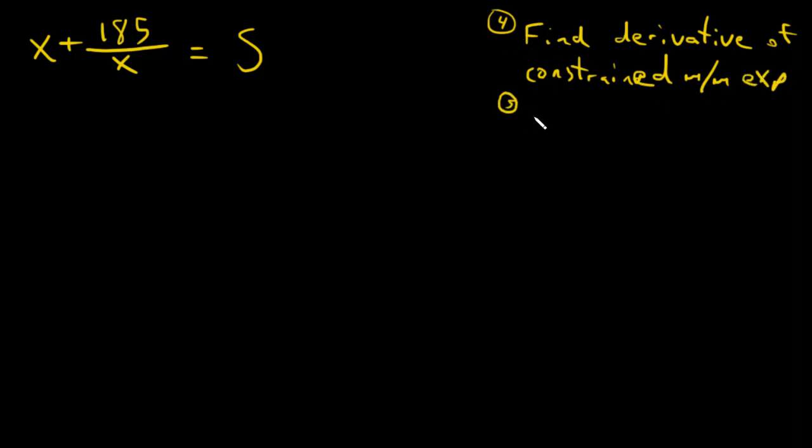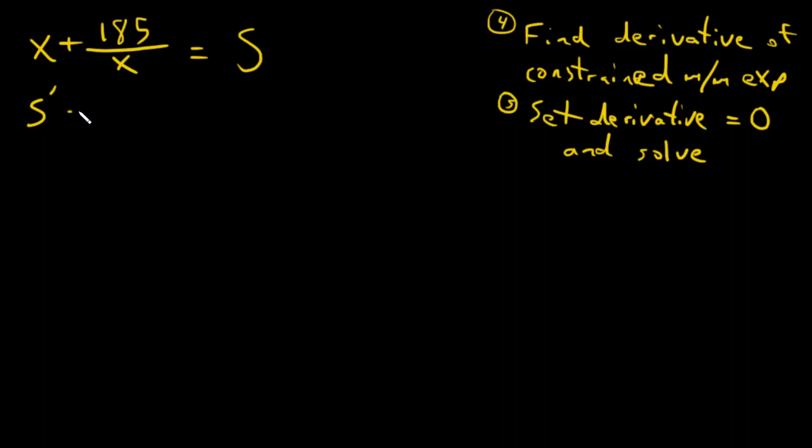And 5 is going to be take the derivative and solve. I'm sorry, I've already taken the derivative. Hold on, let me just solve. Set the derivative equal to 0 and solve. That's how you find the min or max of a function, right? I want to find the minimum of this function, so I'm going to take the derivative, set it equal to 0 and solve. So s prime is going to equal 1 plus, well, this expression here could be rewritten